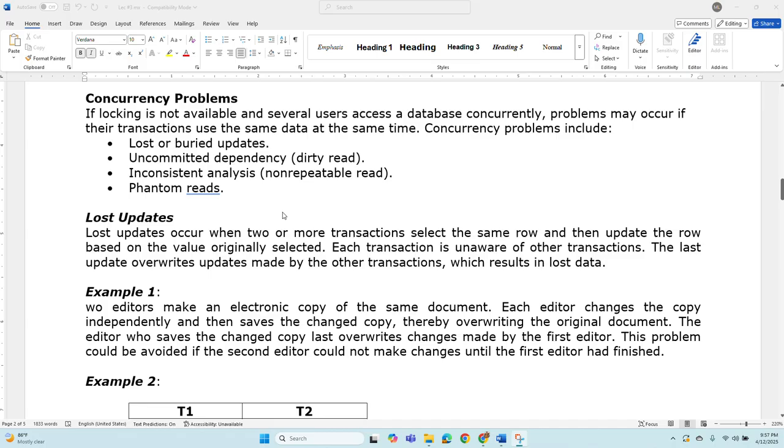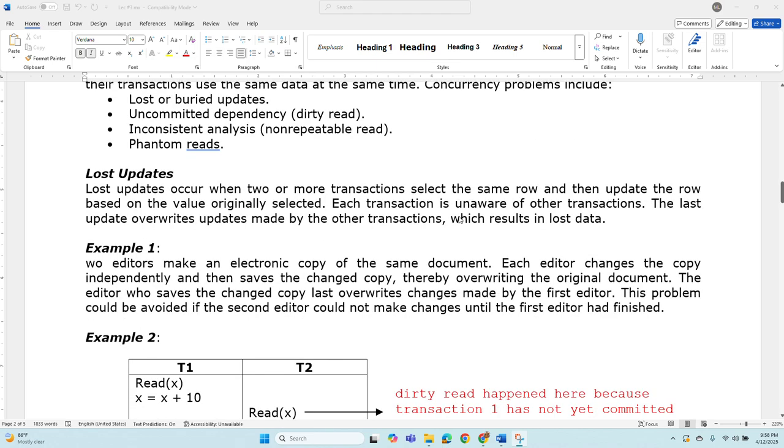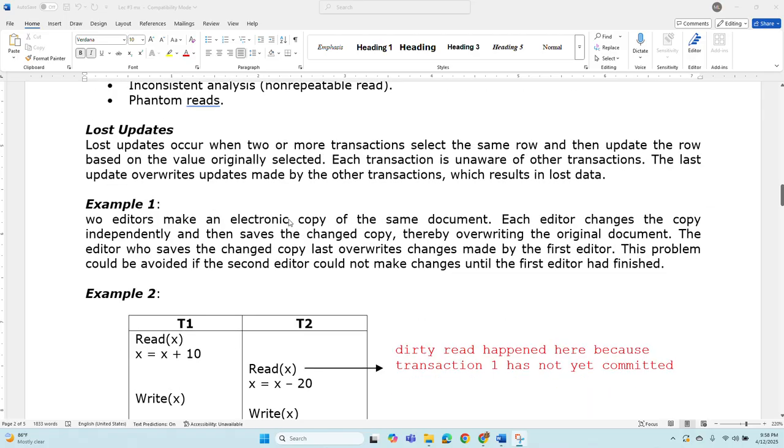Lost updates. So lost update occurs when two or more transactions select the same row and then update the row based on the value originally selected. Each transaction is unaware of the other transaction. The last update overrides the update made by the other transaction, which results in loss of data. So example 1,